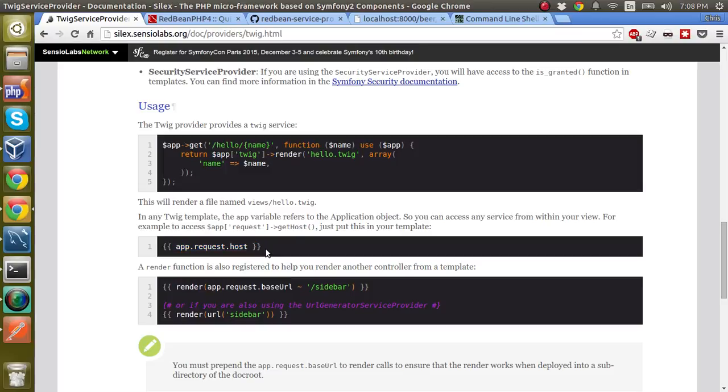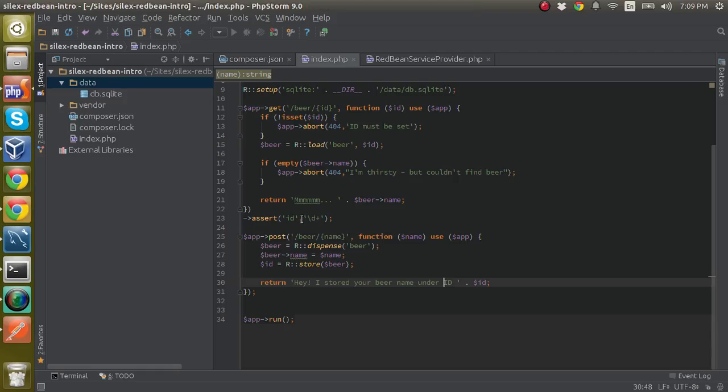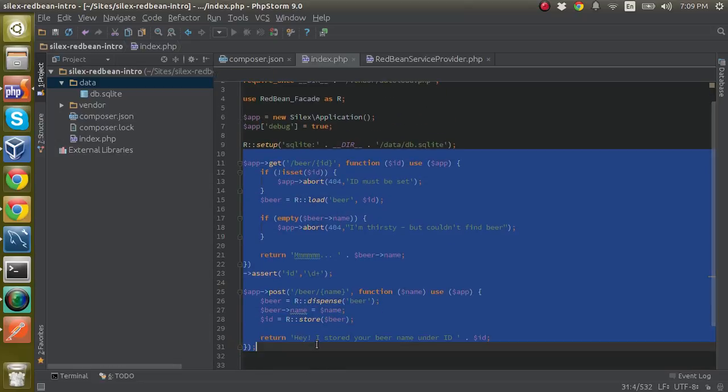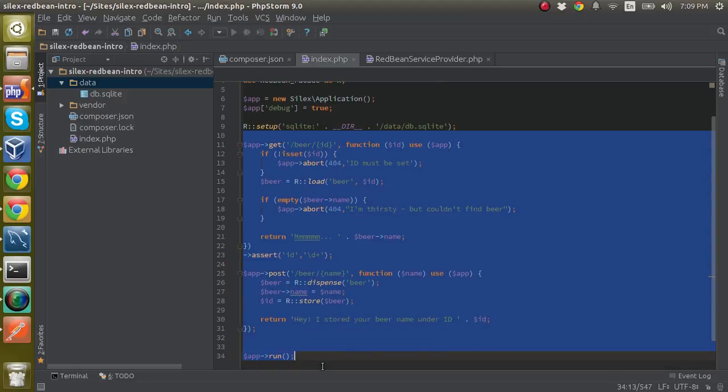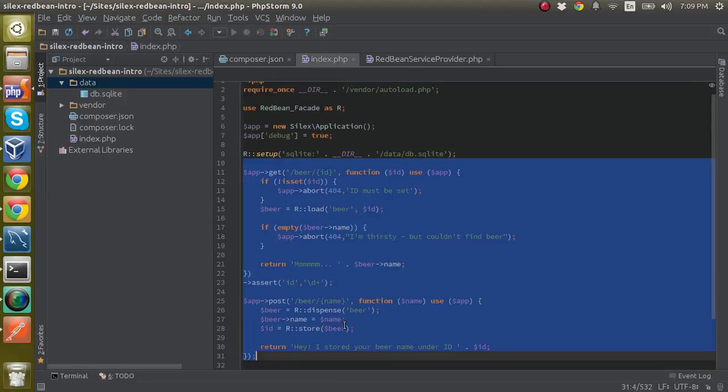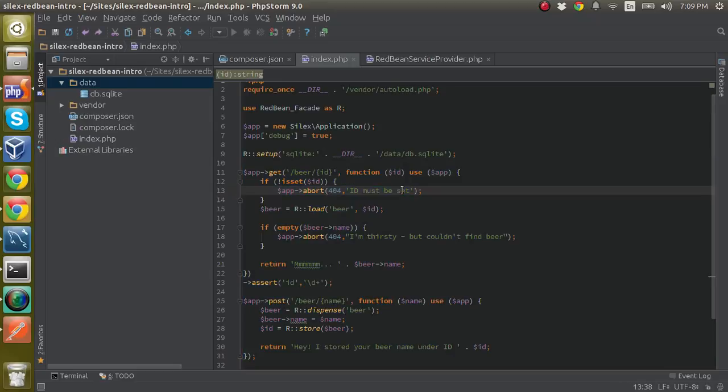So look into Twig and look into service providers, because this code is definitely not ideal. Again, we can move this stuff out, you know, our routes and stuff like that. We can move this out so our application file looks really clean. I'll do that probably in a different video. So for now, I'm just going to wrap up by